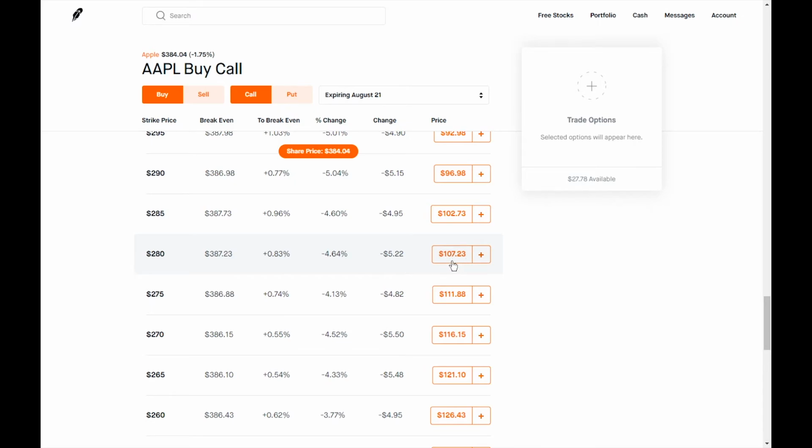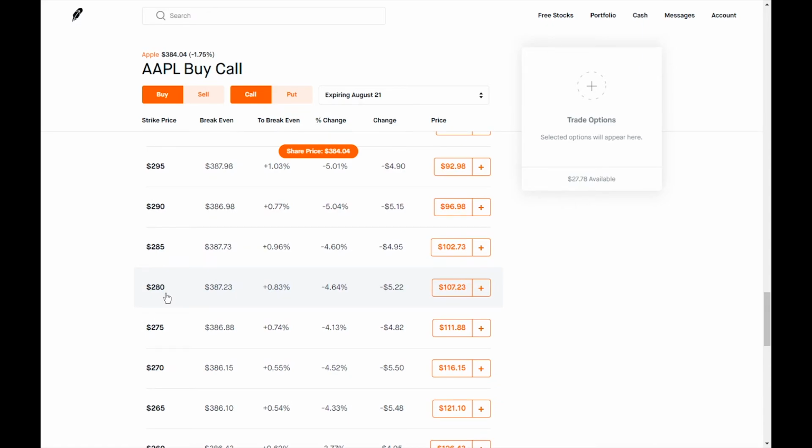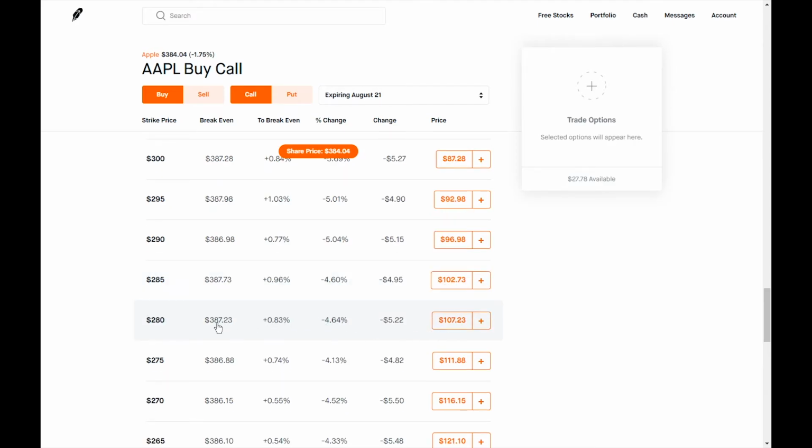So you're paying $107, which is times 100. So you're paying $10,700 for this premium at $280. But you can also lose money on this trade too, because as this gets closer to expiration, this is going to be losing money, but it will never lose more than the difference between the strike price and the share price. So in this situation, from 280 to 384 is $104, and that times 100 is $10,400, and you paid